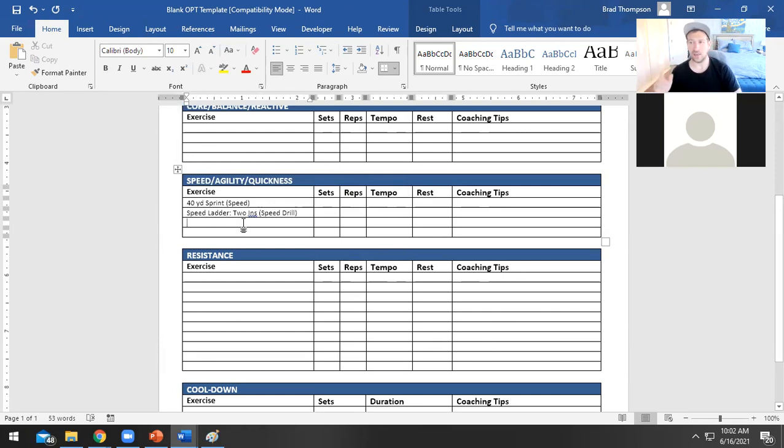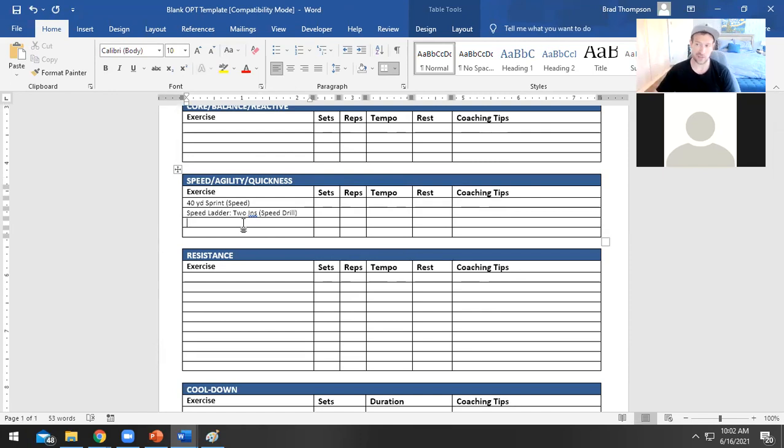Now, side shuffling, by the way, speed doesn't have to be just running back and forth. It doesn't have to always be in the sagittal plane. Speed can also be frontal plane movement. You can do a side shuffle for 40 yards, and then side shuffle back. You're still traveling in one intended direction. Like I said, you sprint down and then sprint back. It's like, well, wait a minute, that was directional change.